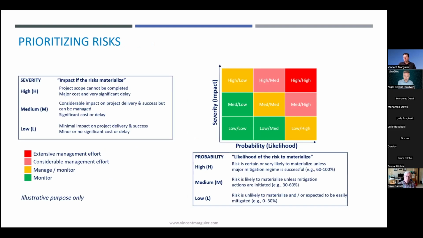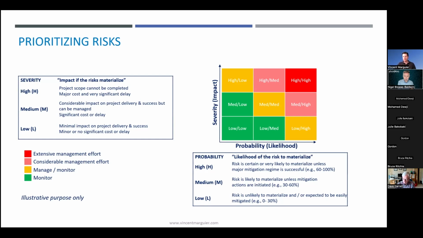Rating the probability and the severity of project risks helps the project manager identify which risks the team should focus their efforts on and which ones to communicate to stakeholders. So simply said, risk probability: how likely is the risk to happen? Risk severity: if the risk were to occur, what would be the overall impacts on the project?